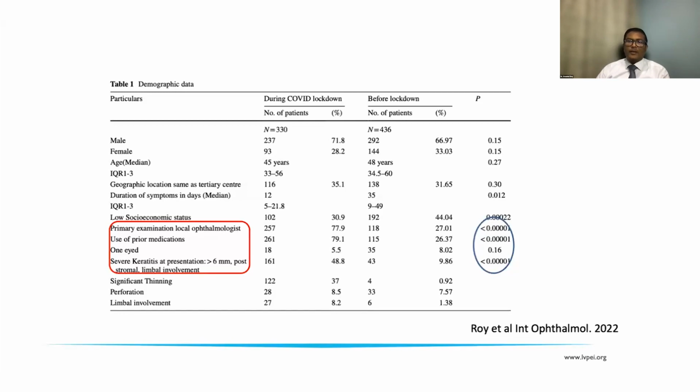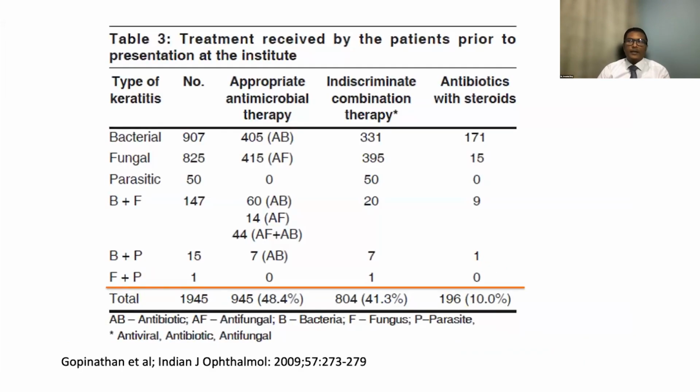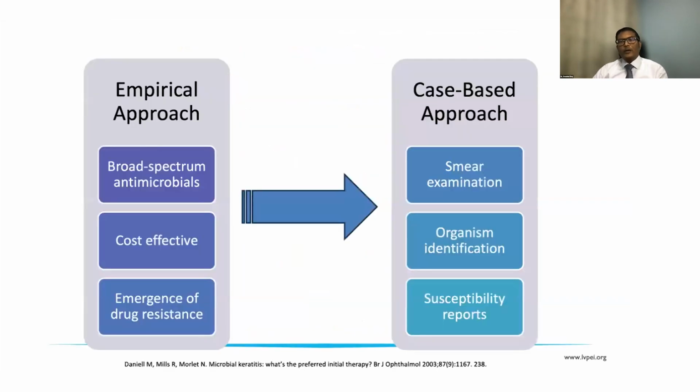Number two is that there is a lot of awareness amongst the patients and also among the prescribing ophthalmologists. So whatever can be treated in the community is treated well, is treated appropriately, and the tertiary care is a referral for those cases which do not resolve or those patients who continue to worsen with the local treatment. So this could be because of the better understanding, could be the better availability of drugs, because of better health